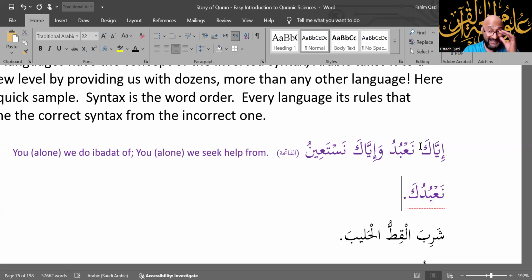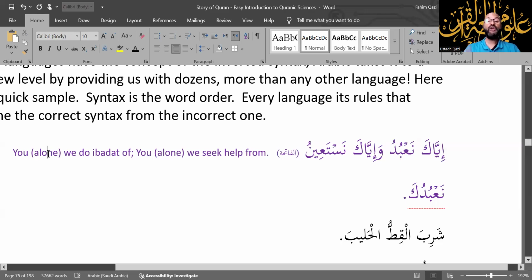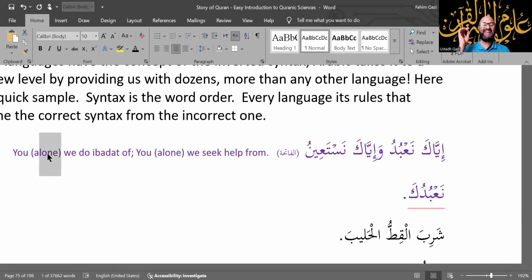But if he says, iyaka na'budu, that's inverted syntax. Now he's saying, only you alone, I worship or do ibadah of. La ilaha illallah, right? So it makes a big difference how you organize, how you string together